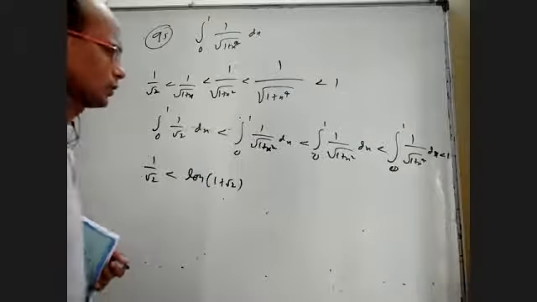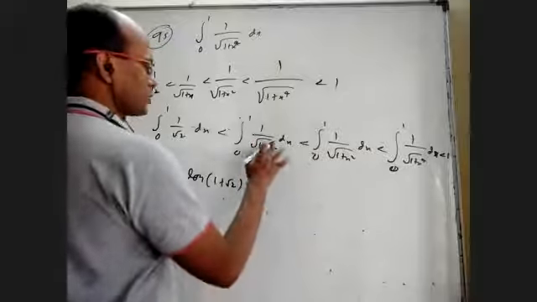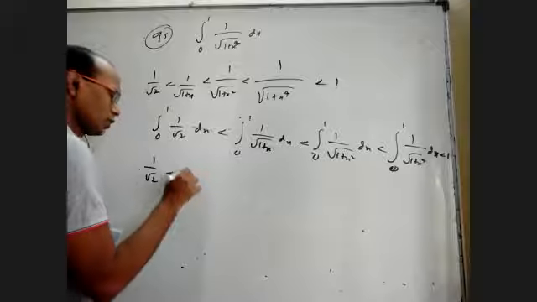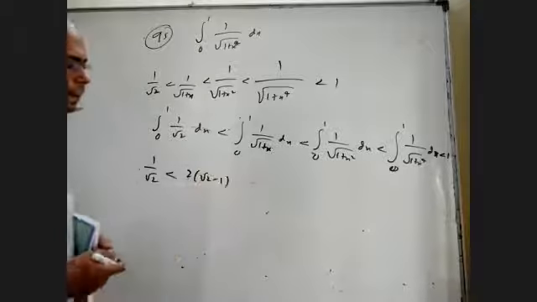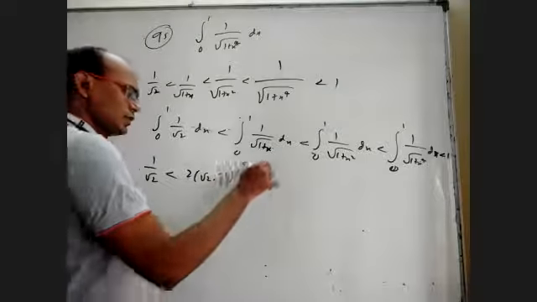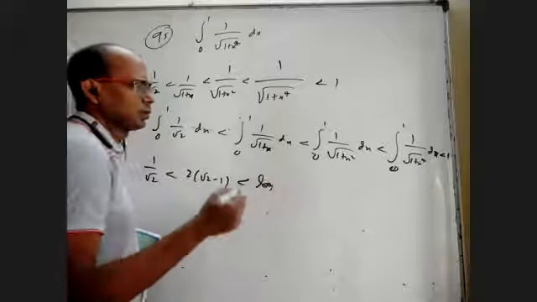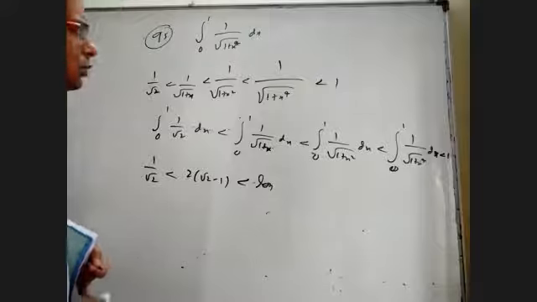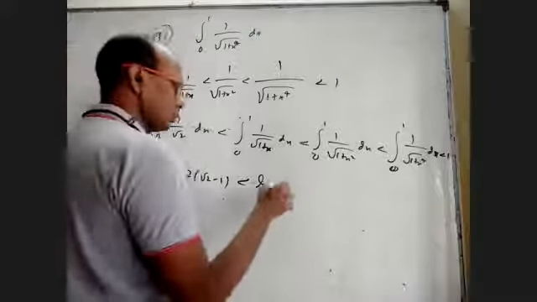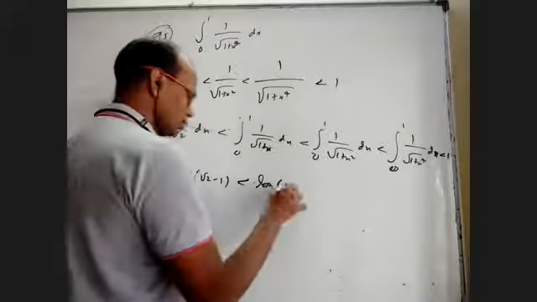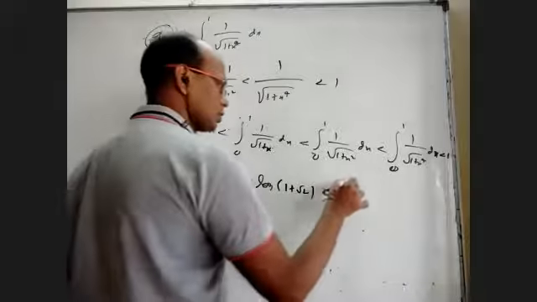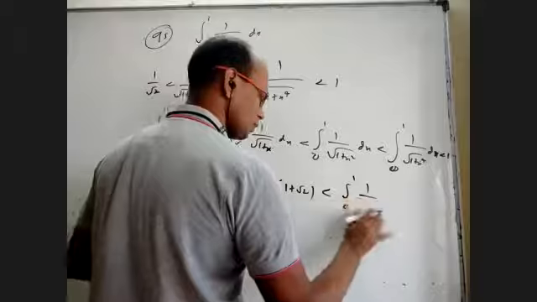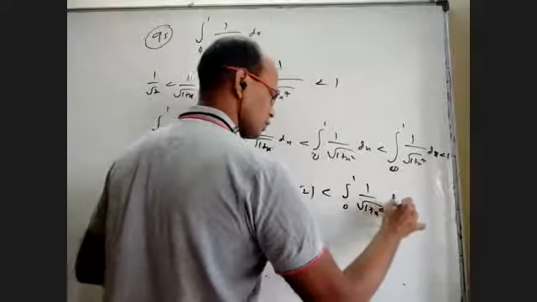This is x plus root 1 plus x square. Yes. This is x, sorry. This is directly 2 root x. 1 by root 1 plus x, the integral is 2 root x, so 2 into root 2 minus 1. And integrate this, it is going to come log x plus root 1 plus x square. So that is going to come log 1 plus root 2. And this is integral 0 to 1, 1 by root 1 plus x power 4 dx.